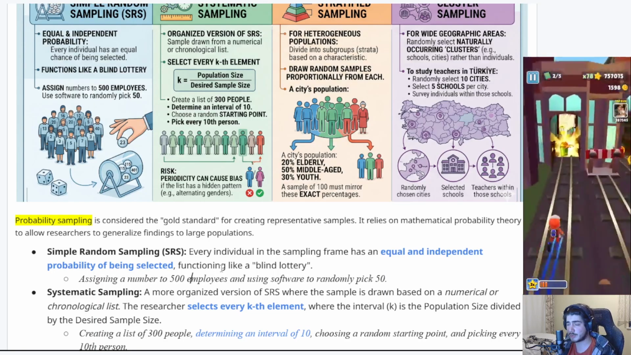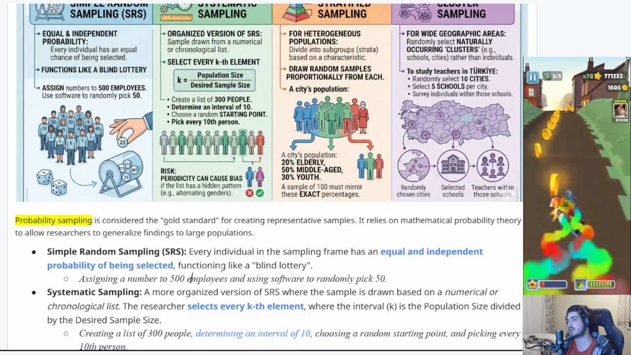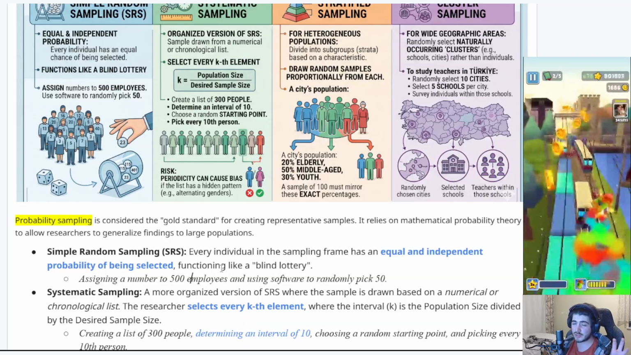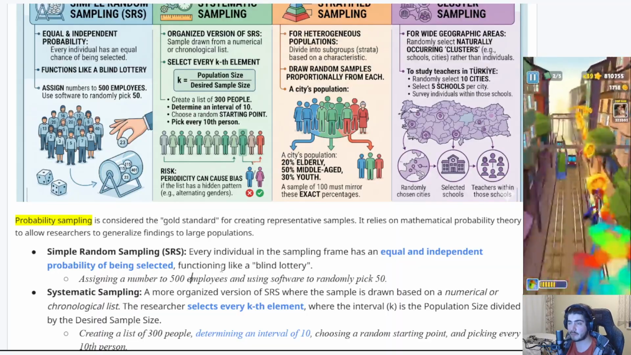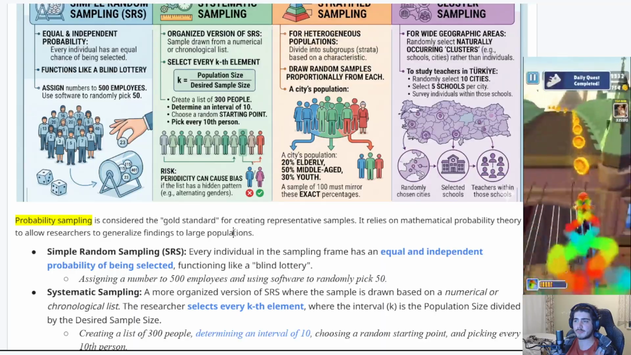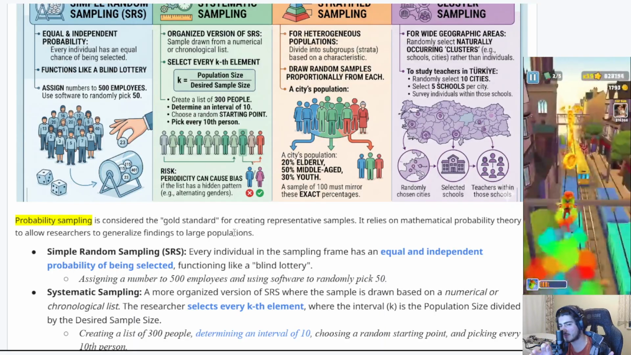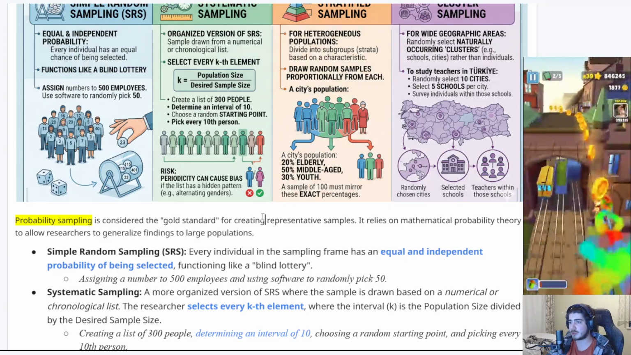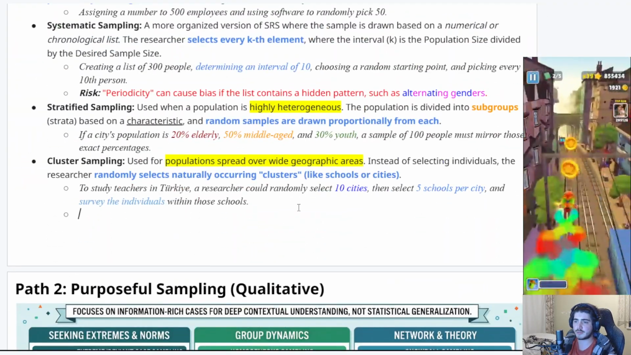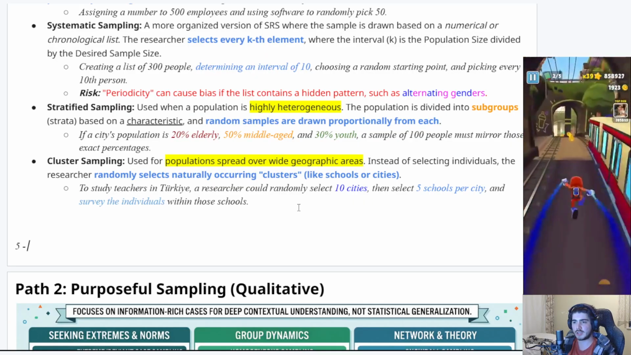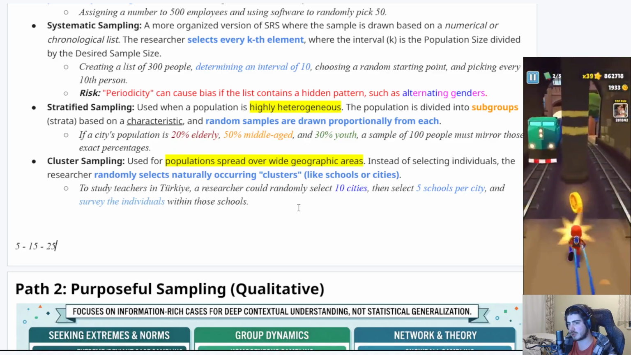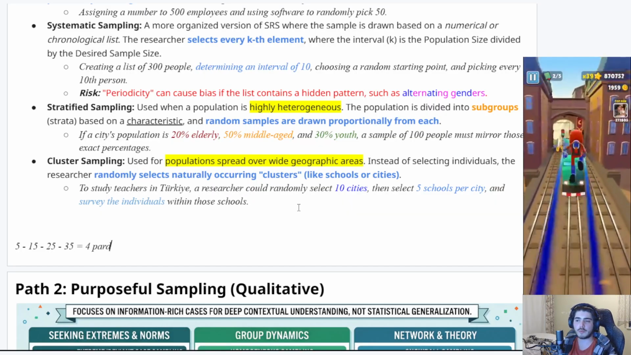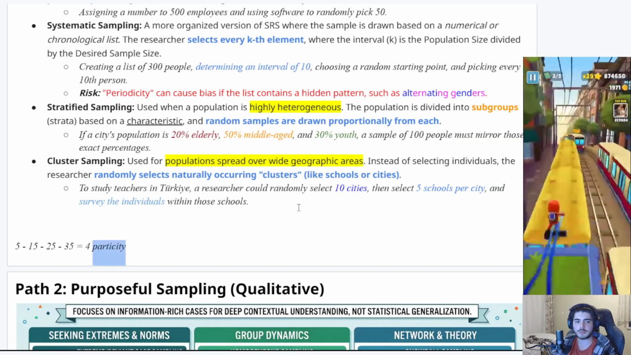Now, a more organized version of SRS is systematic sampling. We were simply randomly selecting, now we are systematically sampling. What is it? You, for example, start from the fifth person and then pick every 10th person after that. You start from the fifth person and then you choose the 15th person and then the 25th person and then the 35th, and then at the end you have 4 participants that you've selected for your